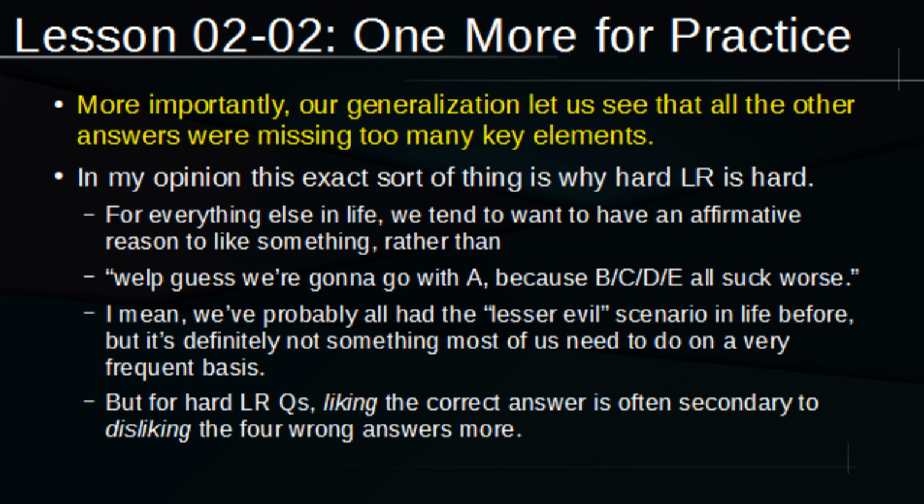elements. So just so we don't lose sight of the concept I've reproduced here at the top of this slide, our generalization let us see that all the other answers were missing too many key elements. The importance of this is the following. In my opinion, this exact sort of thing is why hard LR is as hard as it is. For basically everything else in life, we tend to want to have an affirmative reason to like something, rather than the sort of, well, I guess we're going to go with A because B, C, D, and E all suck